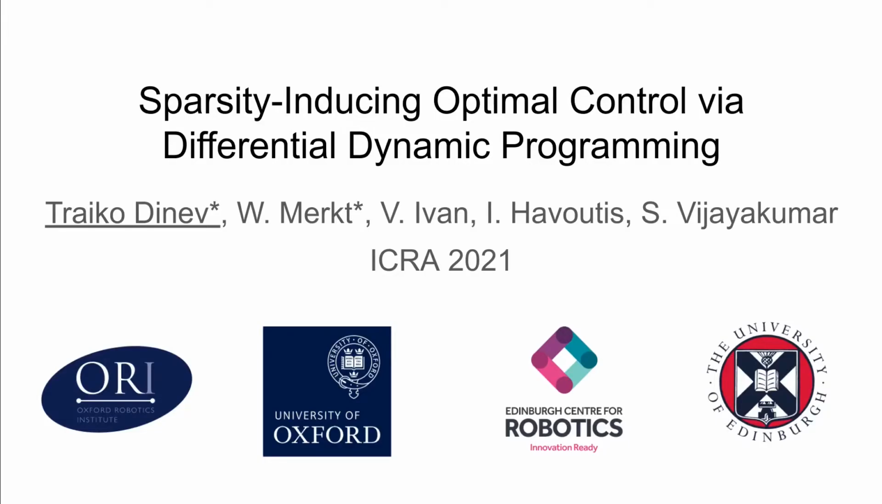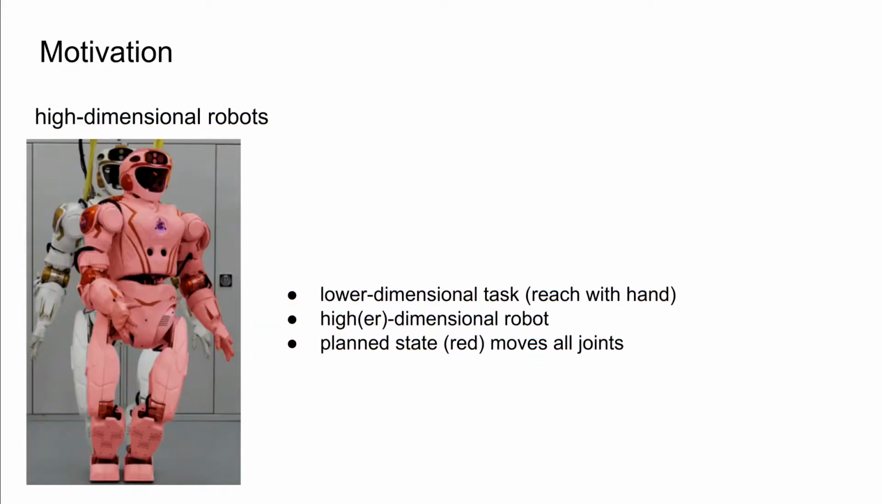Hi, in this short video I'll present our work on sparsity-inducing optimal control via differential dynamic programming. To begin, consider a high-dimensional robot and a lower-dimensional task. Now the high-DOF robot, such as the Valkyrie, can reach in front of itself by moving the entire body and all the joints. That is arguably an unnecessary motion, as we can achieve the same result by moving the torso